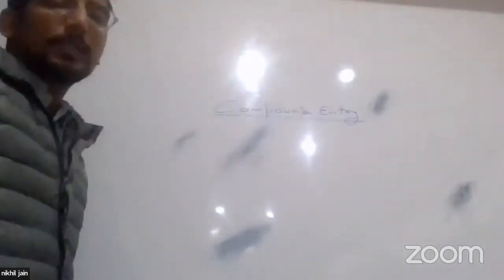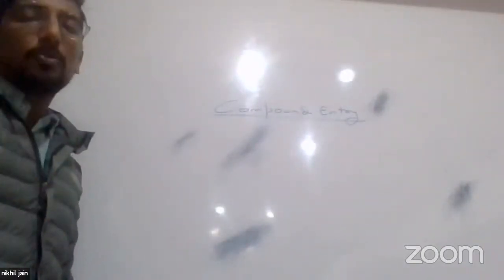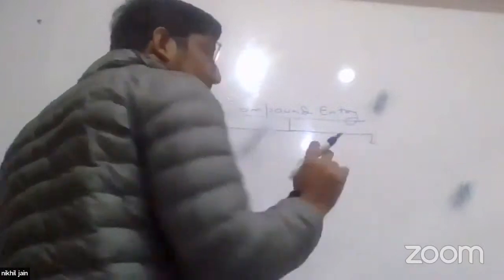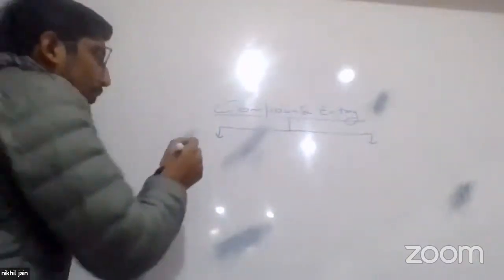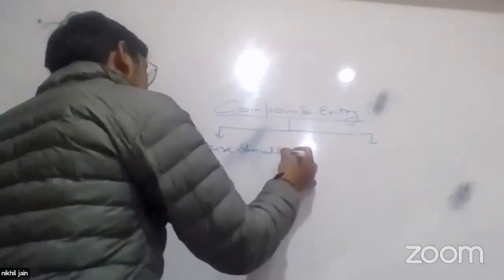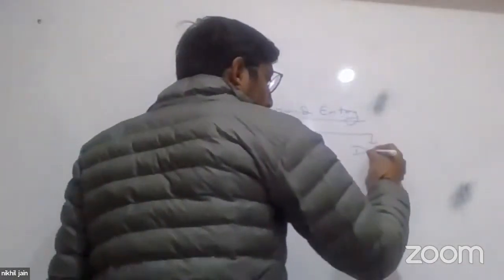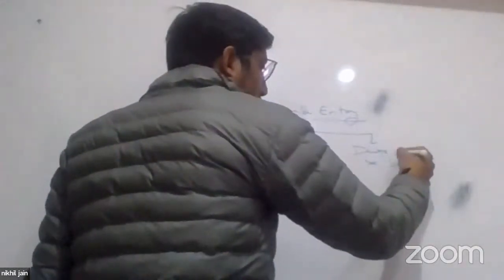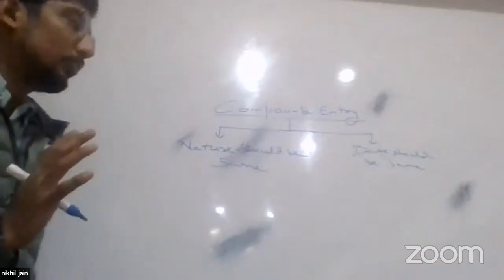So whenever we will be passing a compound entry, what we have to remember about it is majorly two things. The first one is that nature should be same, and the other thing is that date should be same. ना? Date should be same. दो चीजों का कंपाउंड एंट्री में, ये दोनों का सेम होना बहुत जरूरी है।